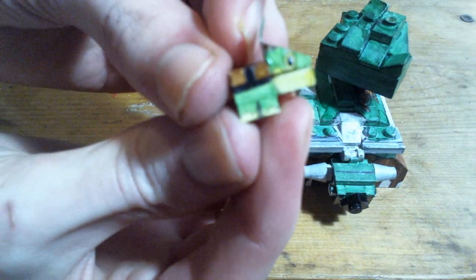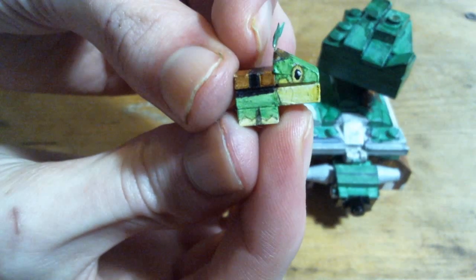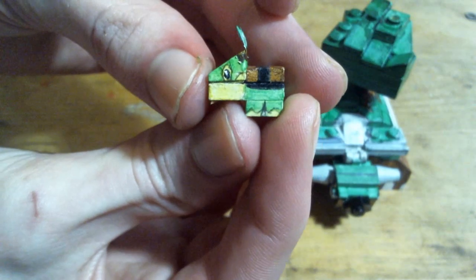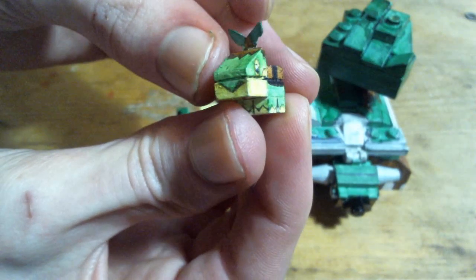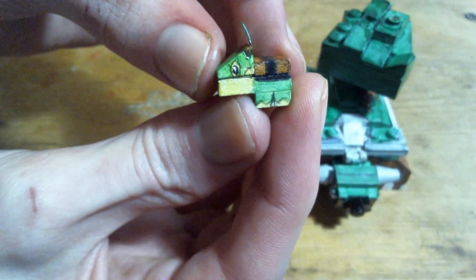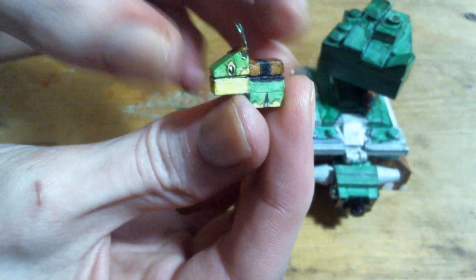First off, Turtwig. Really love this Turtwig. It's pretty simple, but I just really like the way this came out. When I was making the build for it at first, I wasn't sure how it was going to look because I